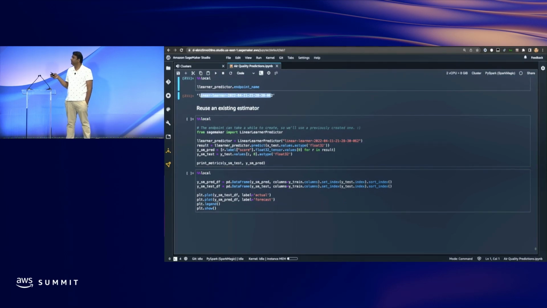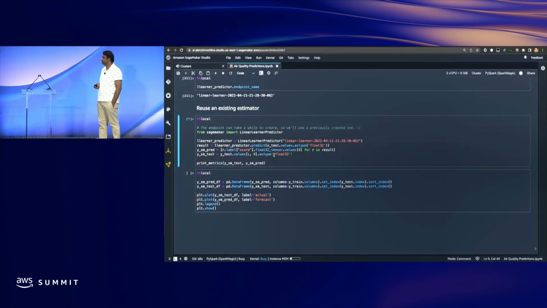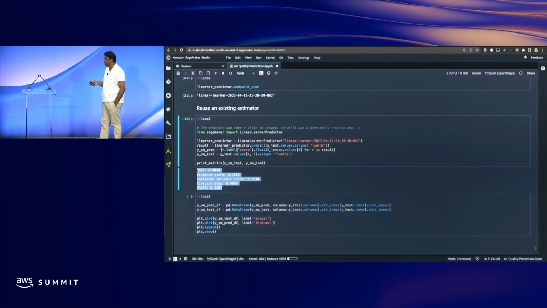So it's a deployment endpoint, and we try to test the values, comparing the predicted value against the actual values. So these are the root mean square error and variance score of our linear learner model.